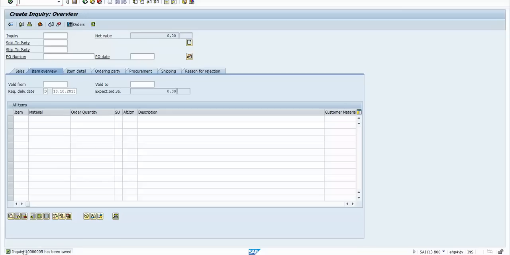So what we'll do is that you need not create a quotation from scratch because our system already has the price for the material set up in it. So what you'll do is that you will create a quotation with reference to this inquiry. So what will the quotation do? If you're creating a quotation with reference to this inquiry, it will copy all the information that is already present in this particular inquiry to the quotation, so that the price details and all stuff would be copied to the quotation. So for that you need the transaction code for creating quotation, which is